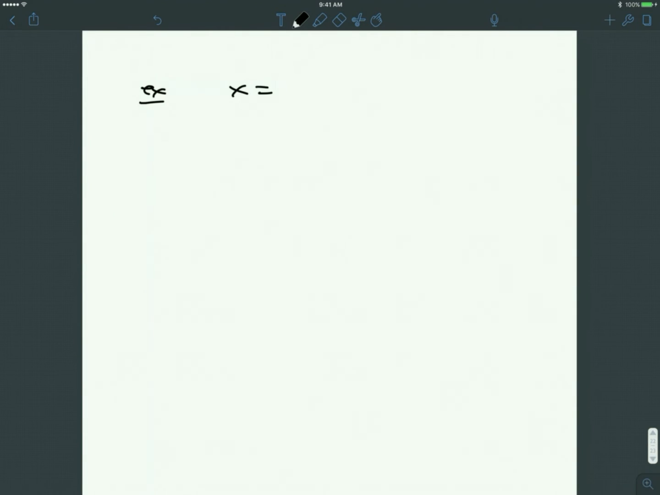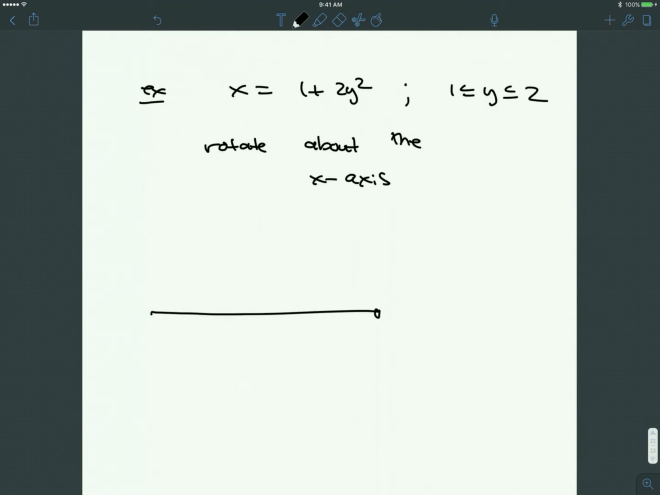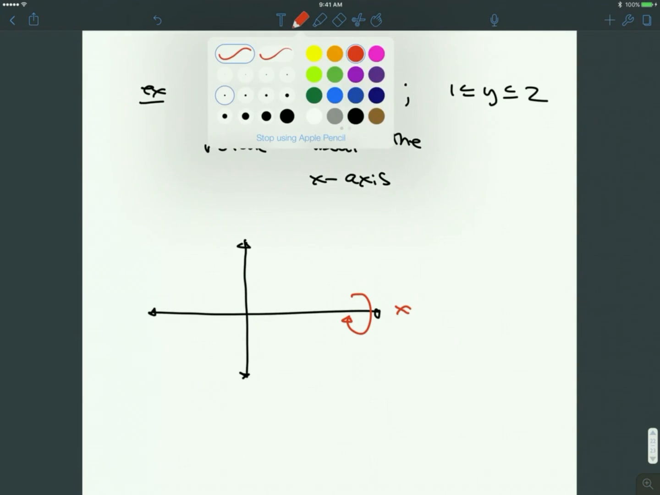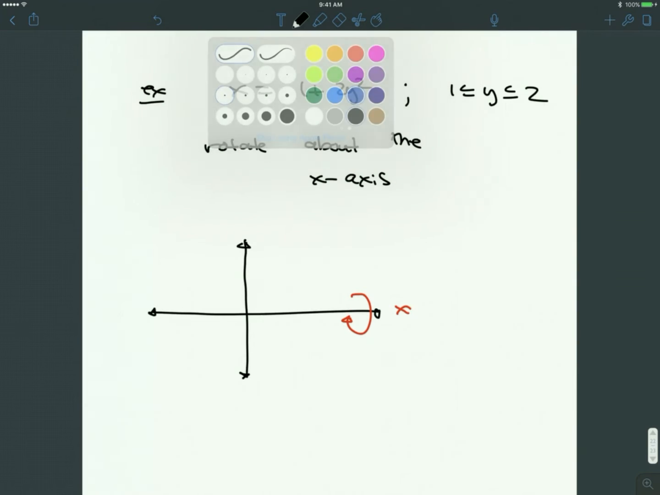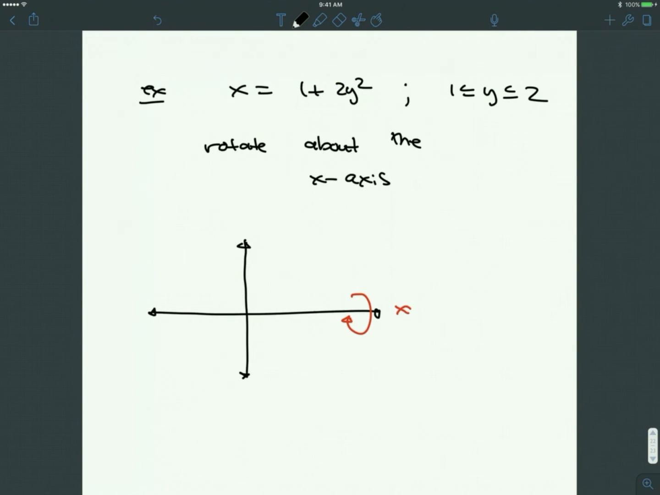We have x equals 1 plus 2y squared. Our interval is going to be between 1 and 2. We rotate about the x-axis. So again, I want to draw this picture here for us. Okay, we're going to rotate about the x-axis. So here's my x-axis. We're going to rotate our curve. So if we had a curve that looks something like this, for example,